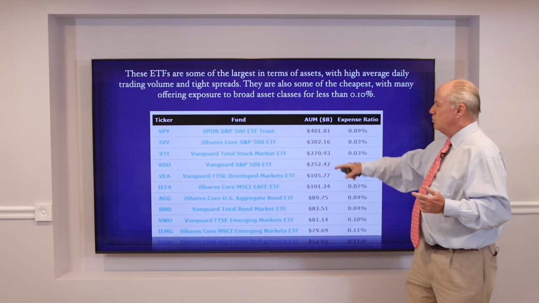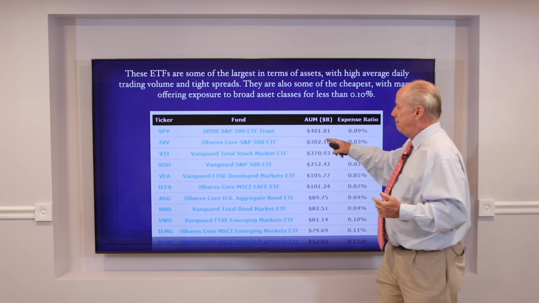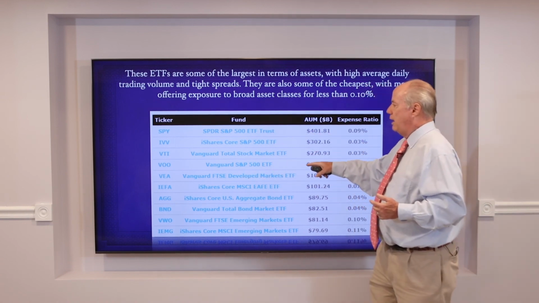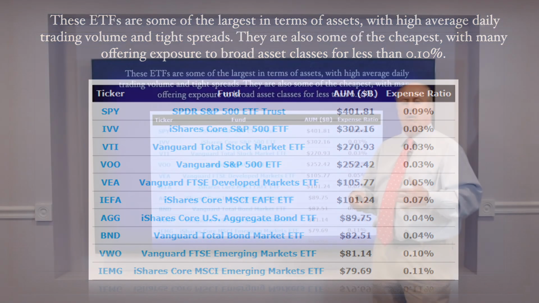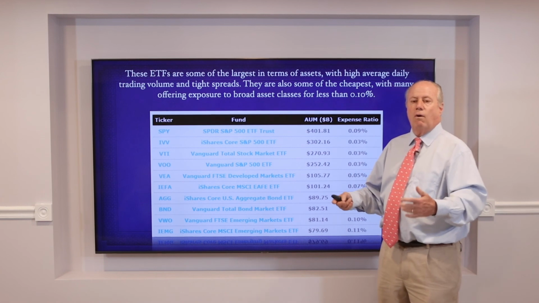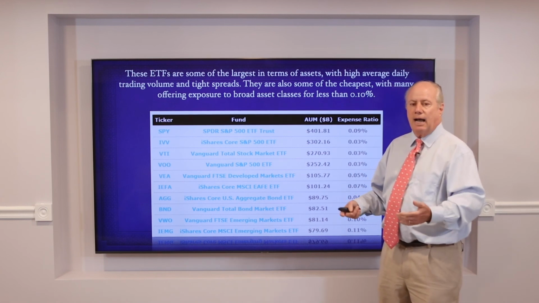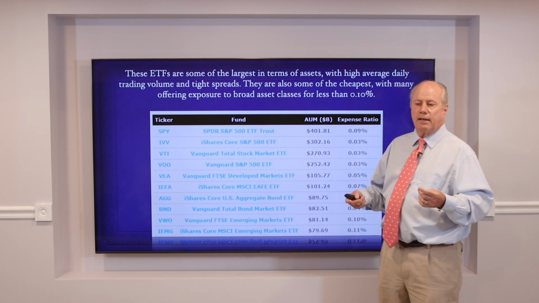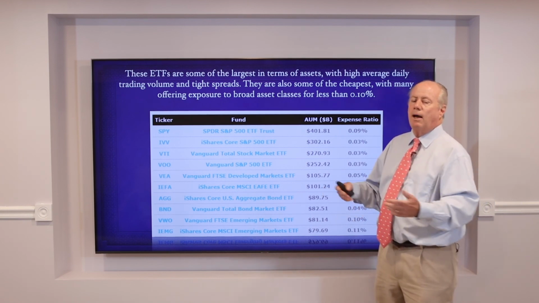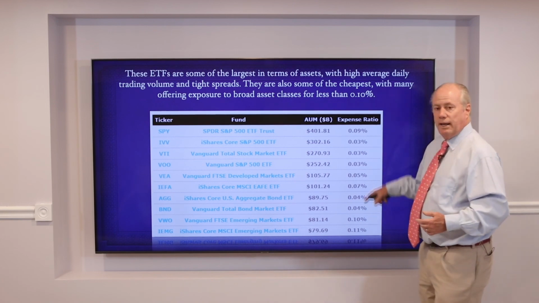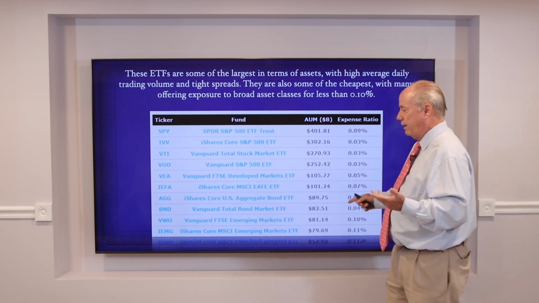Here's some of the biggest ones we've got, and you can see that the biggest ETFs are basically the overall stock market, whether you're getting the S&P 500 or the total stock market. And that's because a lot of people want diversification. They don't want to have to pick a stock. They don't want to have to pick an industry sector. They just want, if the stock market goes up, to be in, and they don't want to have to pay a lot of money to be in. It's a great thing for them.